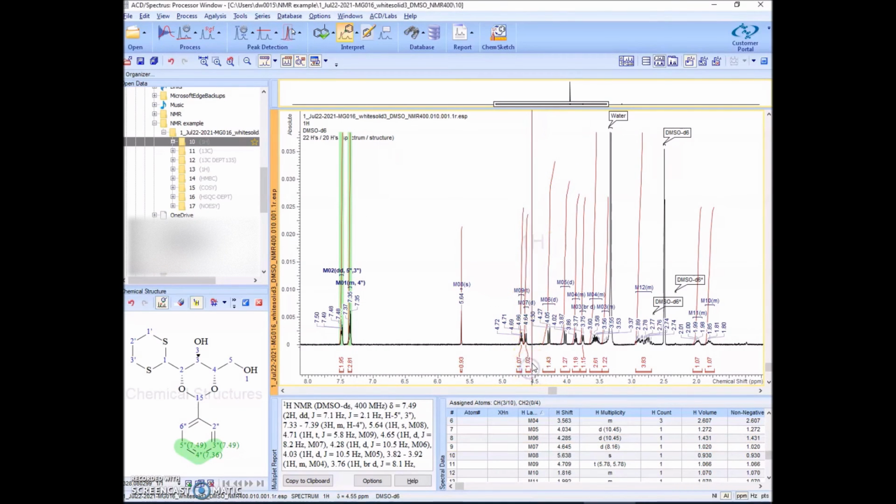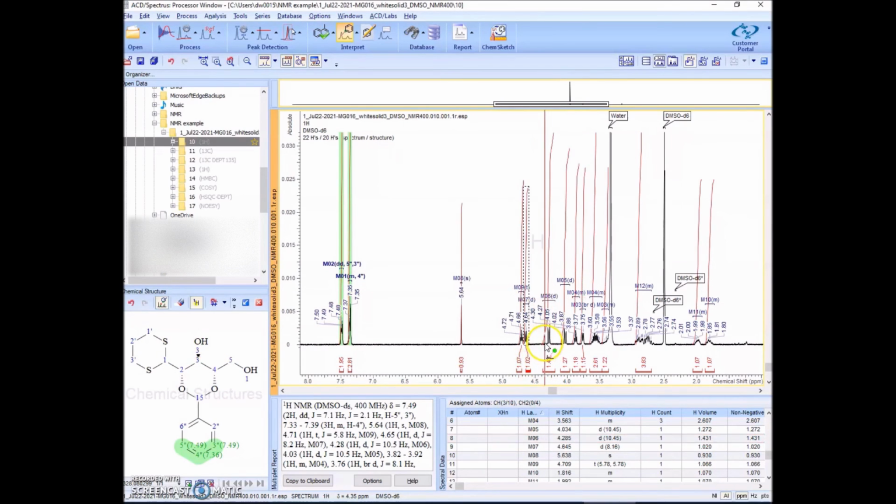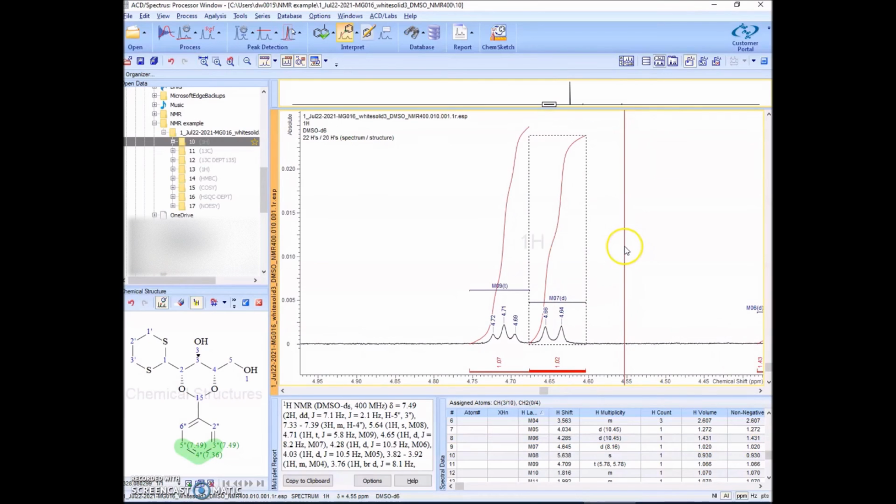I choose one of the integrals, one of the multiplets, by selecting it so it goes red. I might just zoom in on that area actually. And you see it's far too high. I just want to lower that by selecting the edge of the box and bringing it down. That will bring all of the integrals down, more appropriate to the reports. And now if I generate the report again,